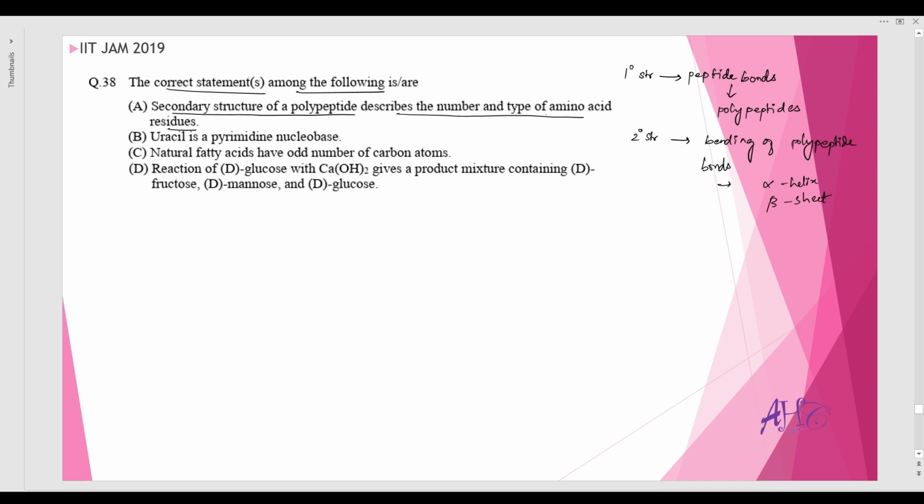ஏன்னா என்ன ஆகும், உங்கள் அமினோ ஆசிட்ஸ் வந்து will tend to form a bond that is going to be your peptide bond. So இங்க வந்து secondary பதிலா if they have given your primary structure, then this will be correct. So since they have given a secondary structure, so option A cannot be the answer. Next என்னது, uracil is a